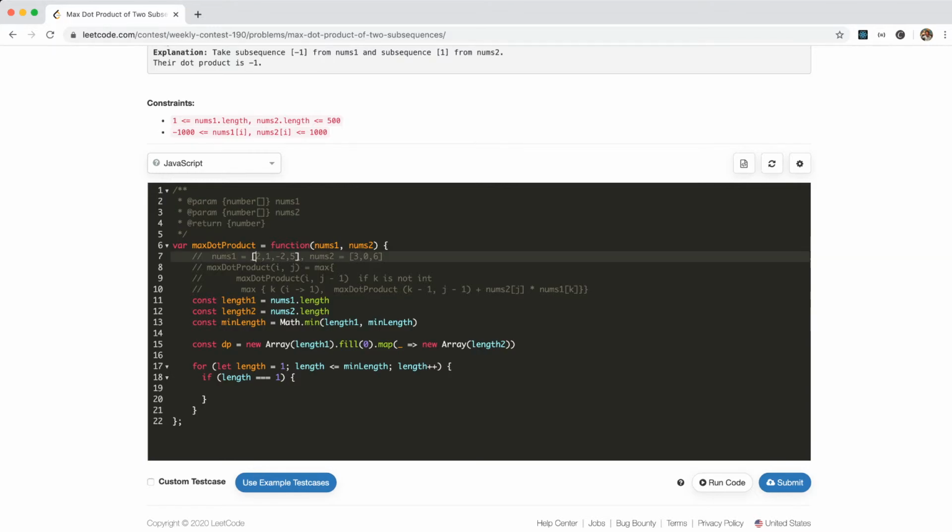If we loop through this way. I see. I see. So updated for